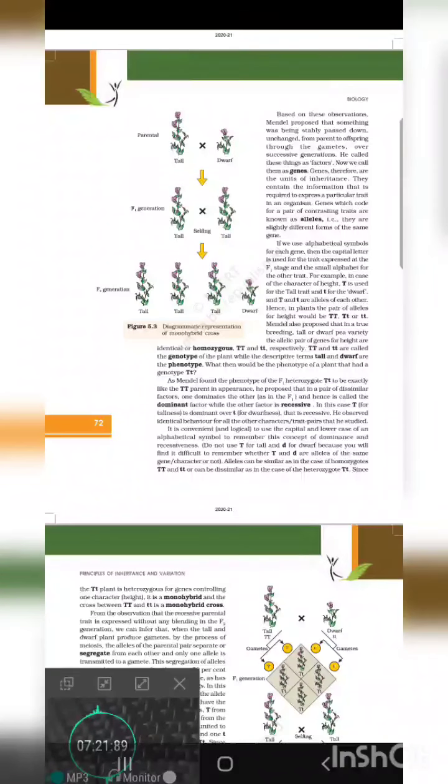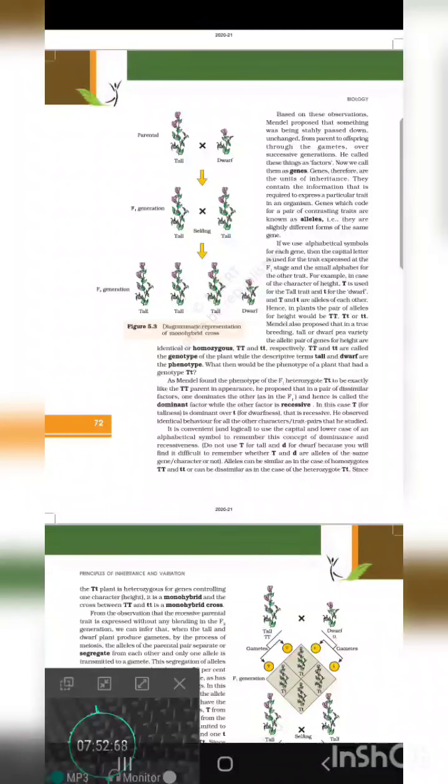Hence, in plants, the pair of alleles for height would be capital T capital T, capital T small t, or small t small t. Mendel also proposed that in a true-breeding tall or dwarf pea variety, the allelic pair of genes for height are identical, or homozygous. That is, capital T capital T and small t small t,